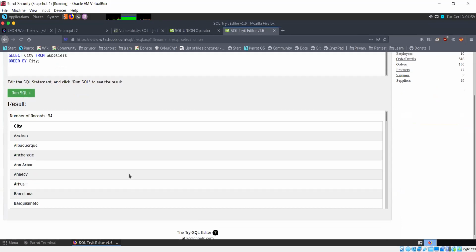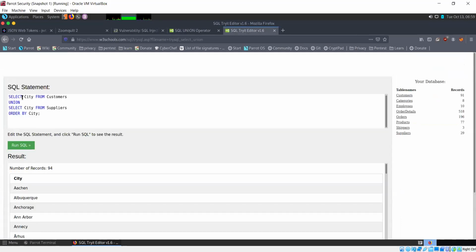Now what you're seeing here is select city from customers, union, select city from suppliers. If I just remove this order by city, just run this. Yes.